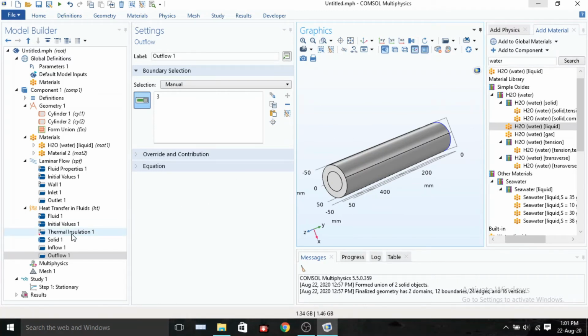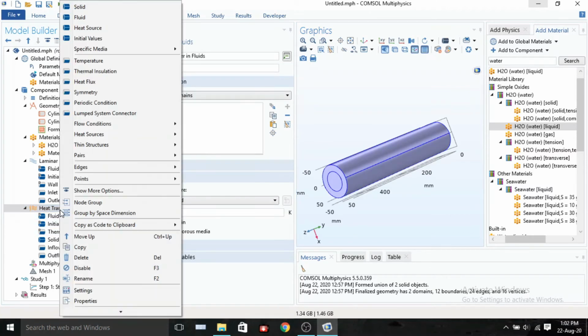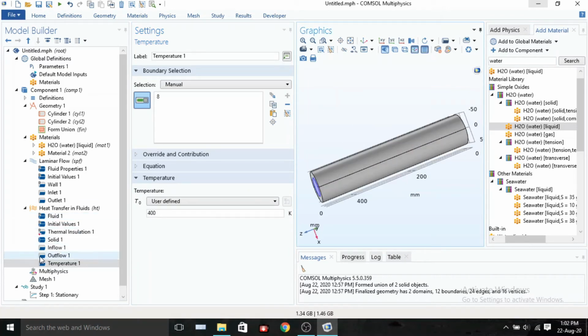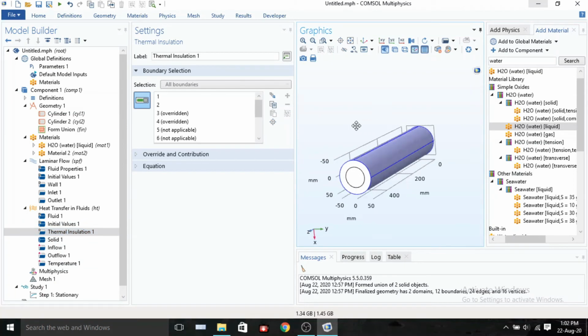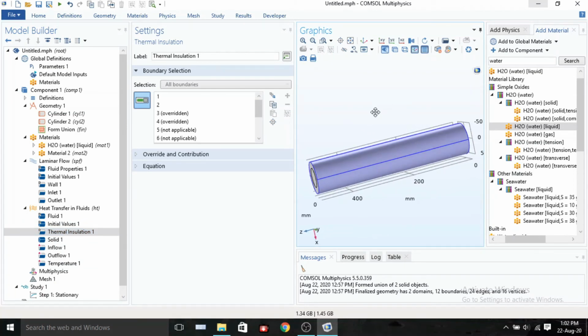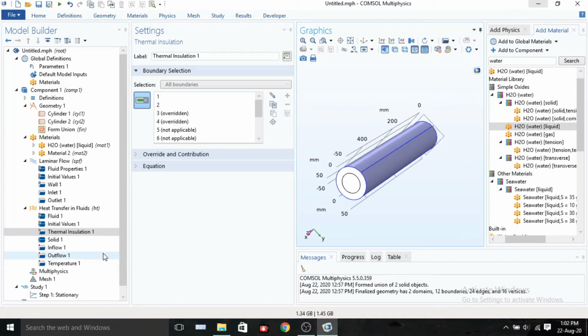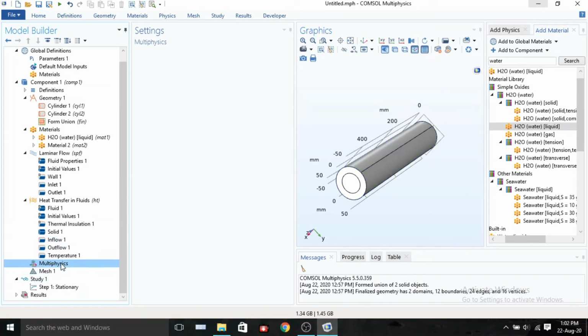Now let us check what we need to add, a temperature boundary condition or any boundary condition, that is up to you. I am using a temperature boundary condition for this side and I am using 400. So that is enough to go. Let us check what are the boundaries that are thermally insulated. So the water jacket around the fin is thermally insulated and the end of the fin is also thermally insulated. Now go to multiphysics and choose non-isothermal flow.